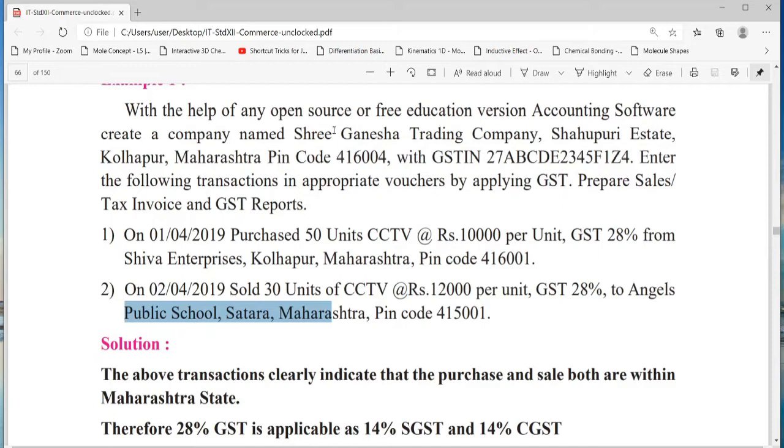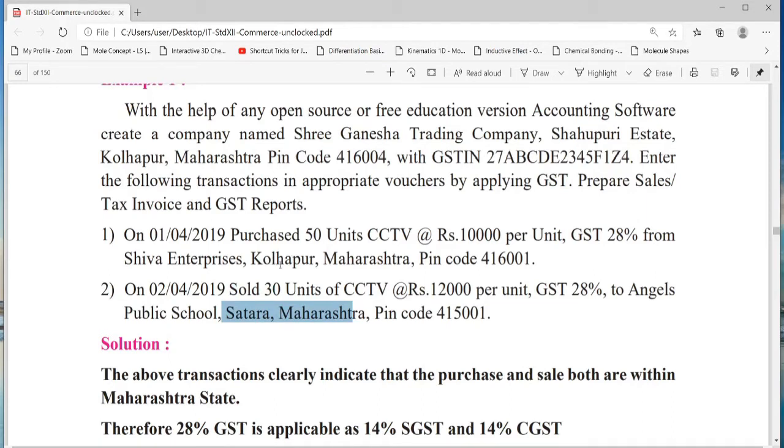So here you can see that the main company is from Maharashtra. The company is purchasing the products from Maharashtra, and the company is selling those products to the dealer or to the buyer who is also from Satara, Maharashtra.